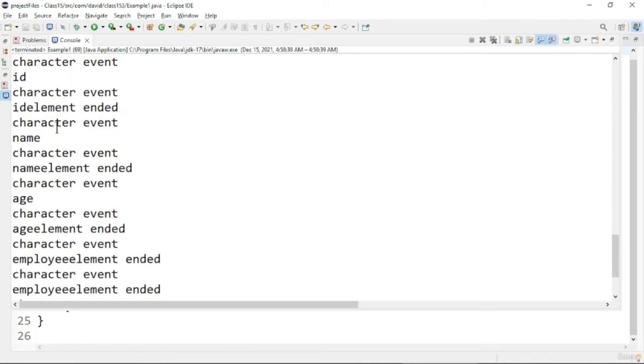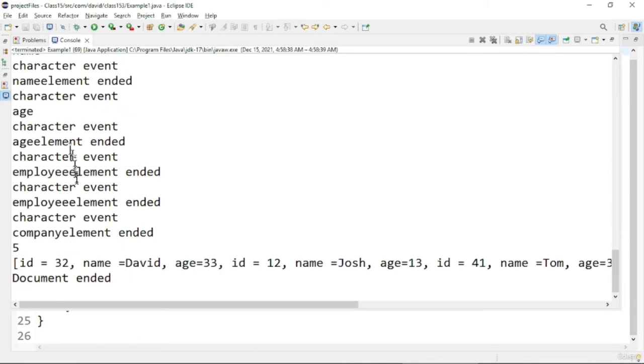It's a long list. And after that, finally, you can see before the end event I am printing out the list which we constructed using the default handler. Here you can see all the values are coming inside the list. This is the print of the list. All the values are coming in the list: name, age, and ID. So this is it for the output of this program.